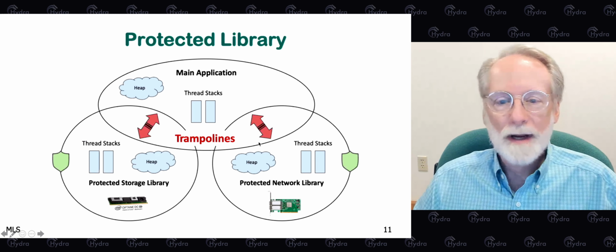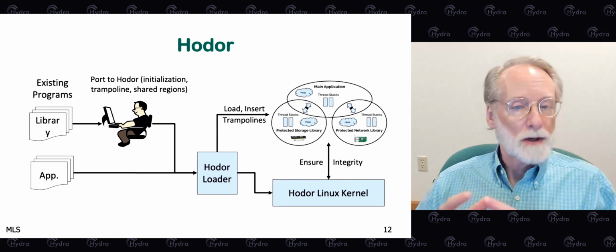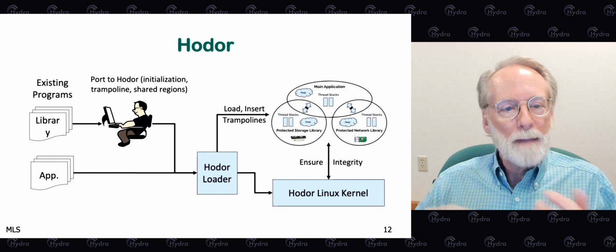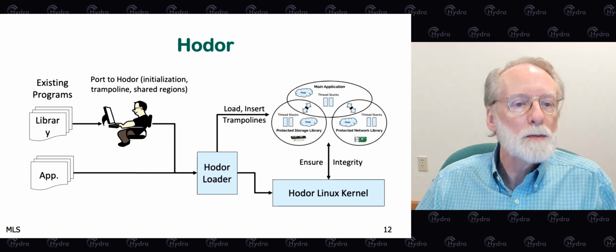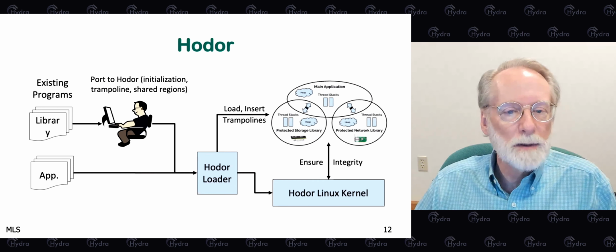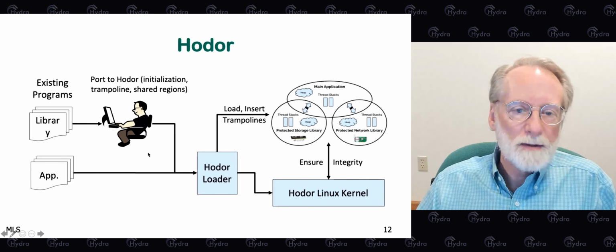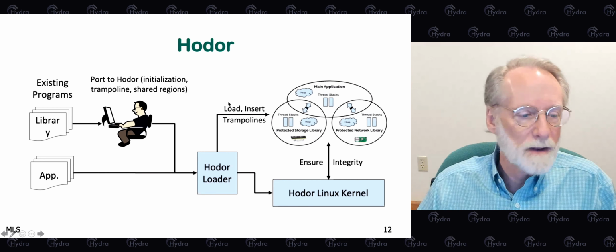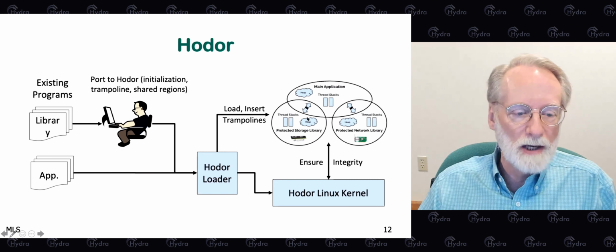We need to figure out how we're going to implement that. More on that in a minute. So for the user, one develops a library and makes it available to the system, tests it, some super user installs it, makes it available to applications. Then a special trusted loader is responsible for taking the libraries and the applications and linking them together and inserting the appropriate trampolines to create the application picture that we had in the previous slide.